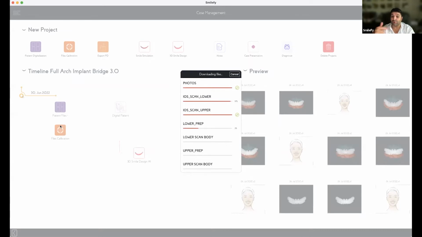That's the second workflow, but it is post-op, because you have the position of the implants, and with PIC Dental you also have the very precise position of the scan bodies. So then you can exchange the scan bodies with the implant abutments, and then you can plan your full arch implant bridge properly, seeing where the position of the implants are.